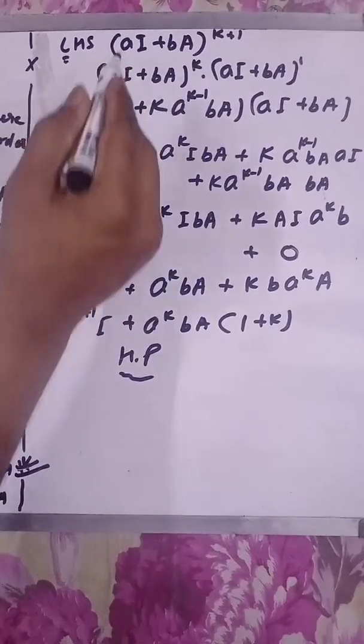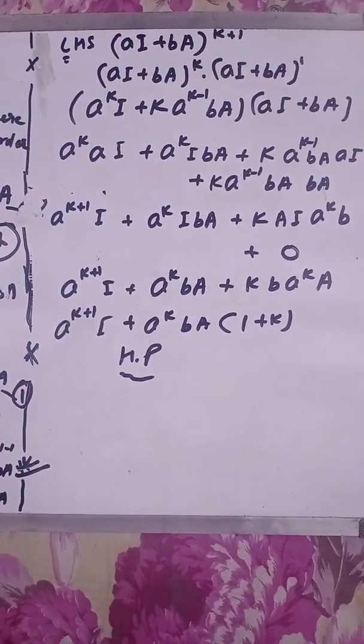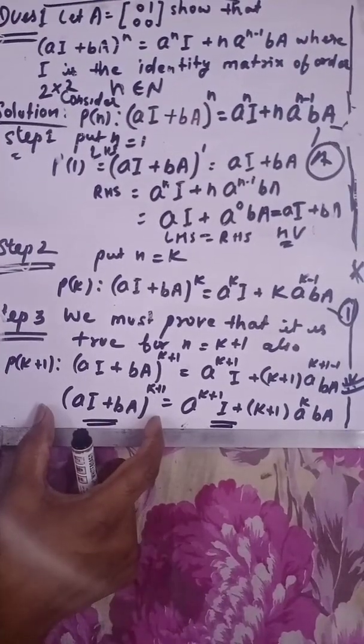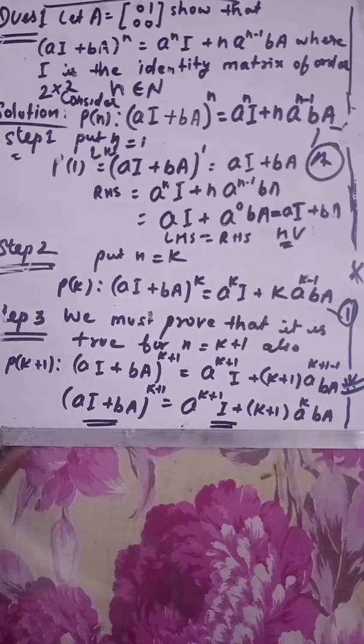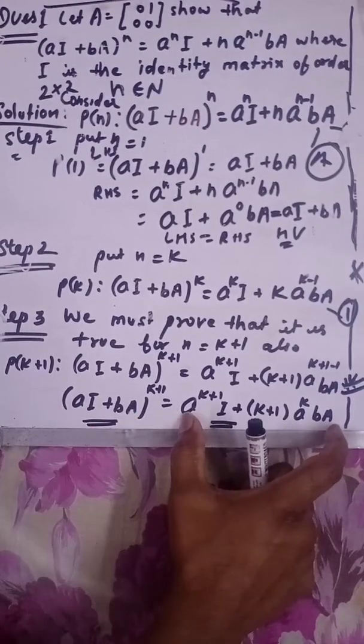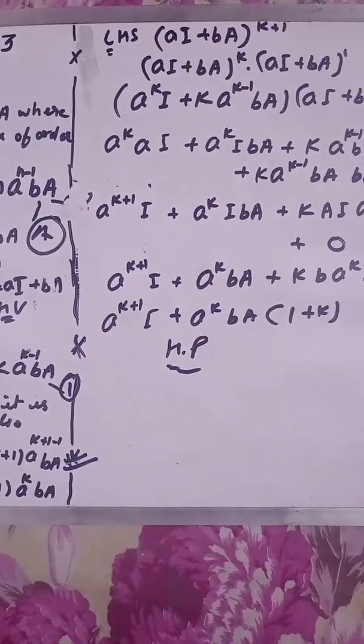Here we are taking the left hand side of our last statement, that is this statement, this one. We are taking the left hand side of this first of all, and using equation 1 we will prove that it is equal to this. Fine. See on the next page. Here it is.